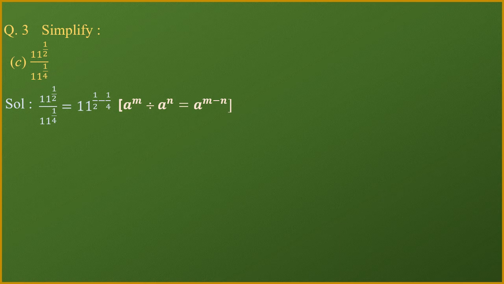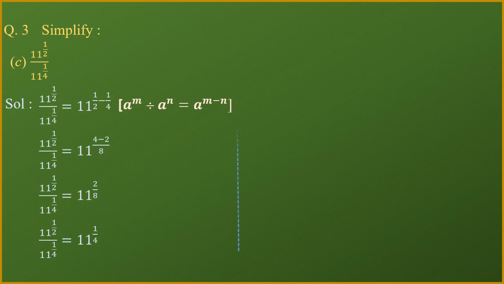Okay, so from 1 upon 2 now I am subtracting 1 upon 4. For that, first of all 2 and 4 I have multiplied, so my LCM is coming here 8. Now cross multiplication, 4 into 1 will become here 4 and 2 into 1 will become here 2. From 4 if I subtract 2, it will be 2 upon 8, and 2 upon 8 if I simplify, it will become 1 upon 4, right? So similarly let us see the last part.